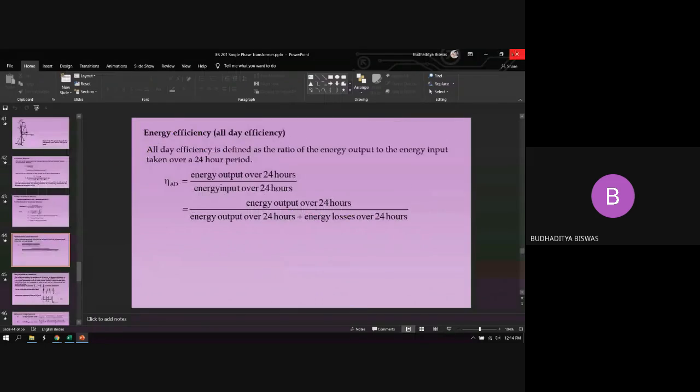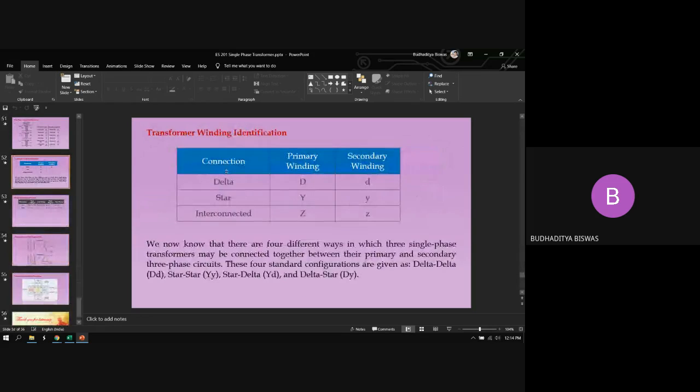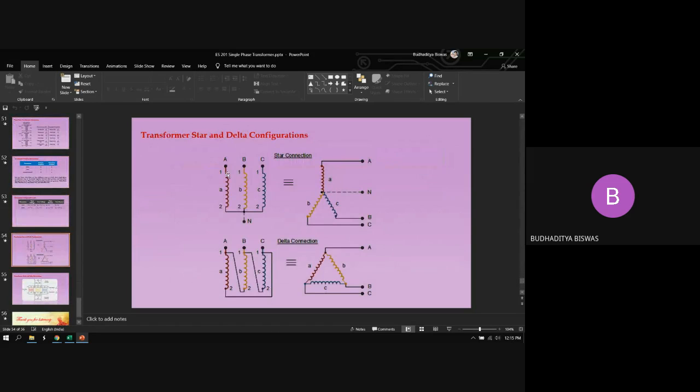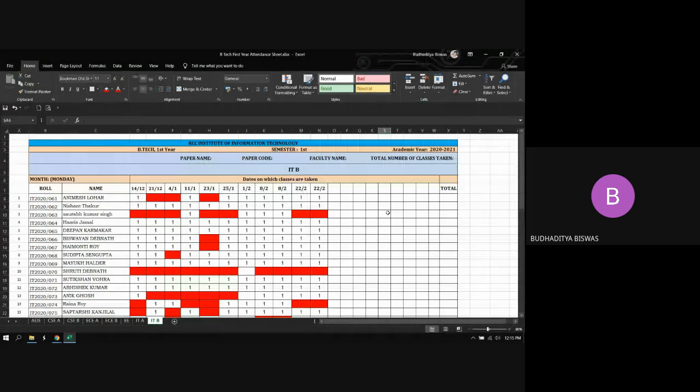So that's all for today's class. In the next class, we will again quickly review the phasor diagram of the transformer, and we will do some numerical examples on finding the efficiency and voltage regulation of the transformer, and lastly we will do the auto transformer and the three-phase transformer winding connections to complete that chapter. In the meantime, if you have any question, you may clarify it. Otherwise, you may leave for the next class.